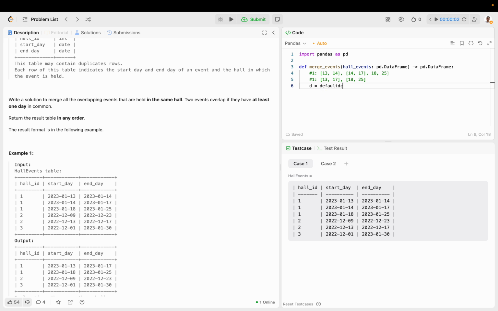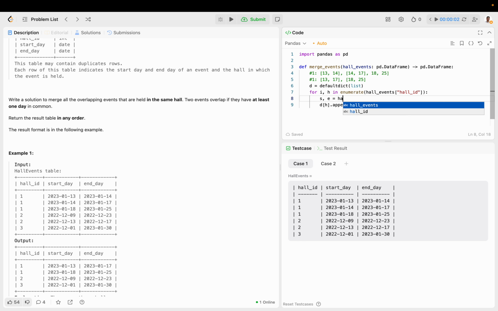So let's go ahead and create a default dict of type list so we can hold all the starts and end dates for each transaction for each hall ID. So for i, h in enumerate hall events hall ID. So we're just going to say d of h, so the hall ID is the key, and we're going to append the start and end times. So hall events